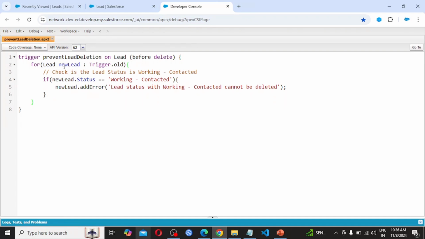For each lead, newLead, we are going with Trigger.old values. In the next line we write if newLead.Status double equals Working - Contacted, then we display the error with newLead.addError. Add error prevents the deletion and also displays the message we put in single quotes, Lead with status Working - Contacted cannot be deleted. So it's done, let's check the same.